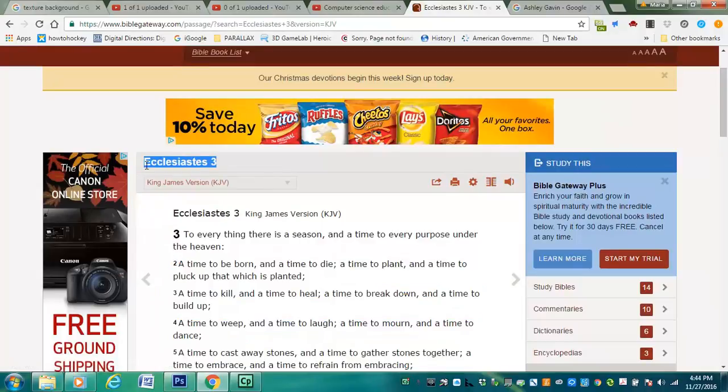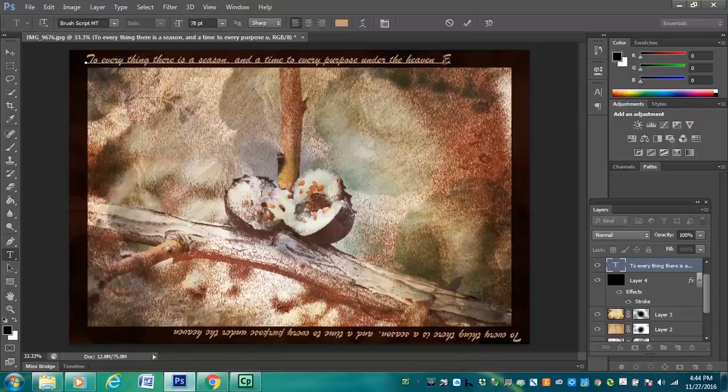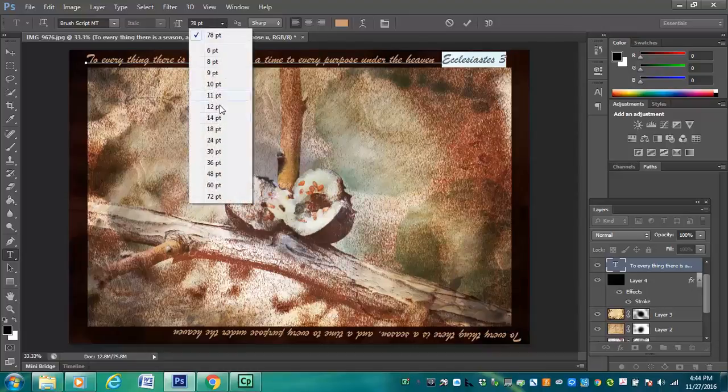Ecclesiastes 3. I'll copy this, come back to my Photoshop, select it and paste it in. Okay, text tool,